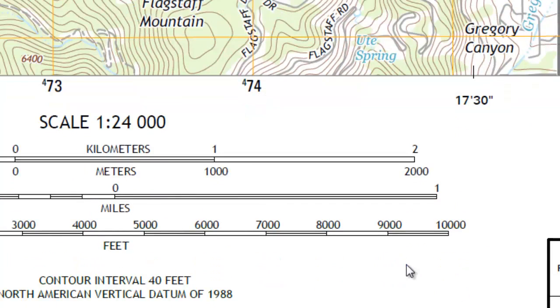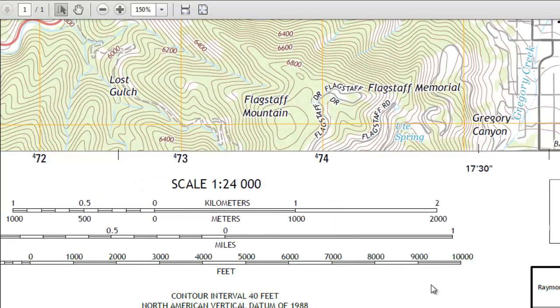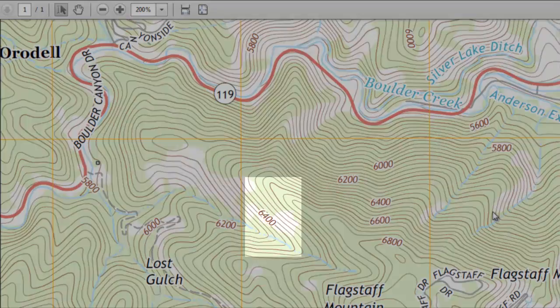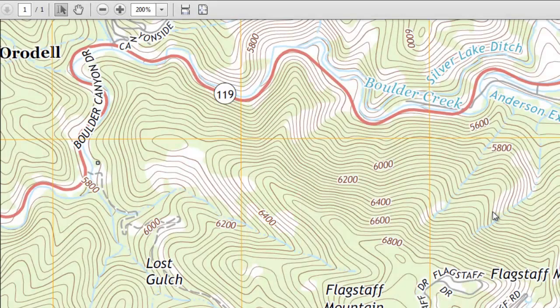For example, if a map uses a 40-foot contour interval, there will be contour lines drawn for every 40 feet of elevation change. It is important to look carefully at the map to identify the contour interval being used. Every few lines, there will be an index contour line. The elevation will be marked on these index contour lines so you can figure out which elevation each contour line